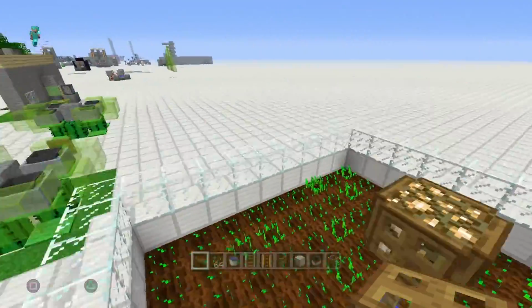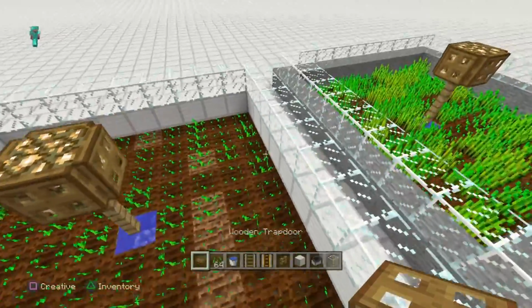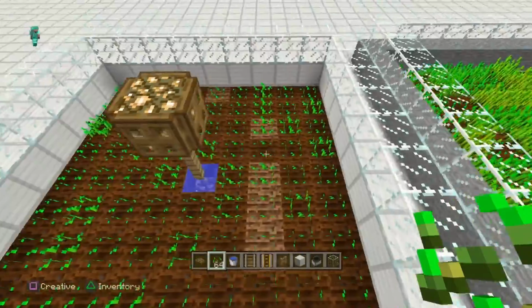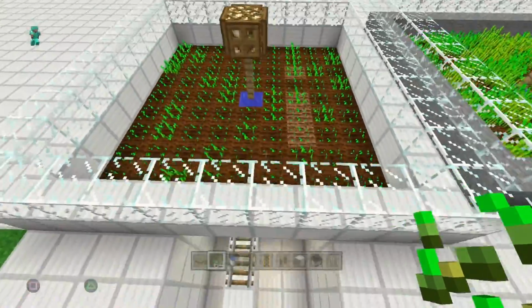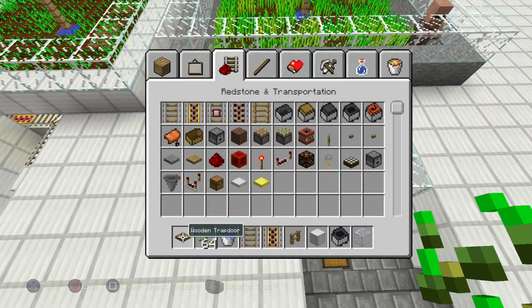Fits the build. Wheat is growing. It's looking good. This will actually help your wheat grow at night as well, which will help your wheat farm actually produce a lot faster. As you noticed, it started going faster, and at night it will be good. And there we go. So now what I'm going to do is start working on the redstone part. So I'm just going to grab a few items in here. So what we're going to need is...